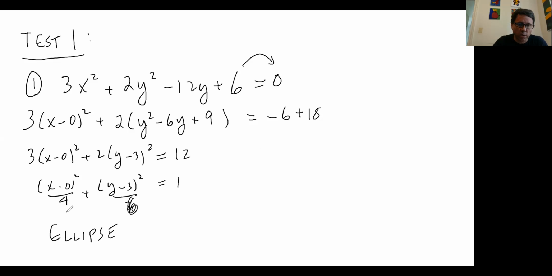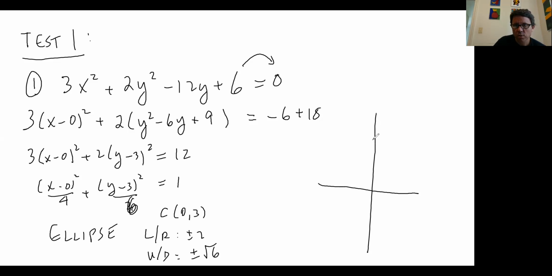The numbers underneath are squares of numbers. The book is calling them A and B, but I think it's just easier to think about it as how far left and right you go and how far up, down you go. So left, right is going to be plus or minus 2. Up, down is going to be plus or minus square root 6. And the center is at 0, 3. You can get that from